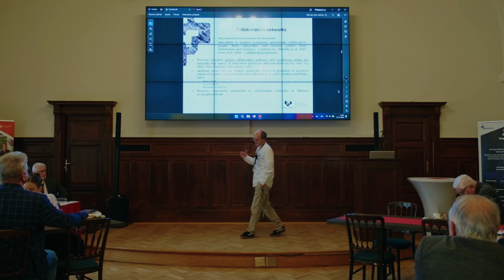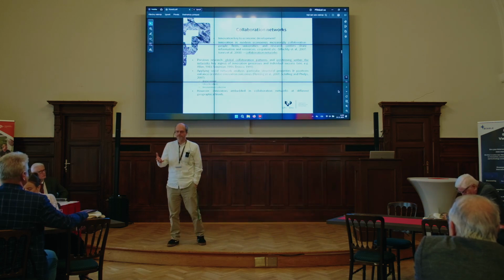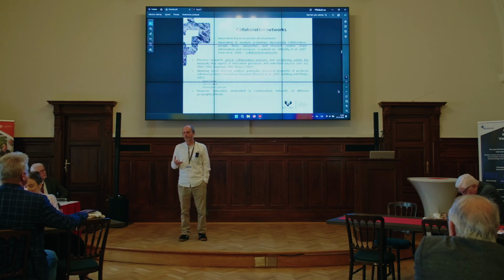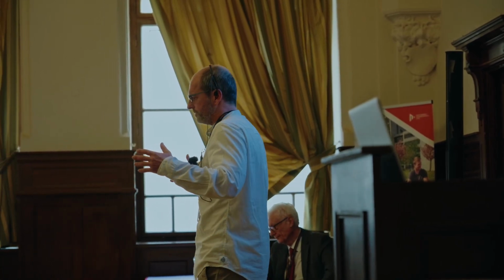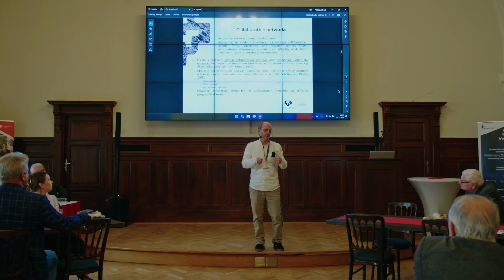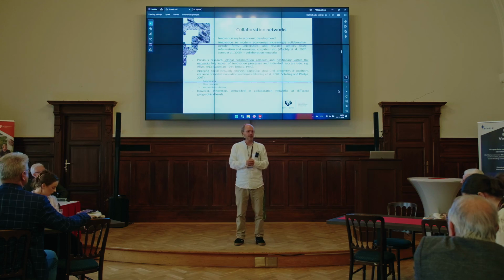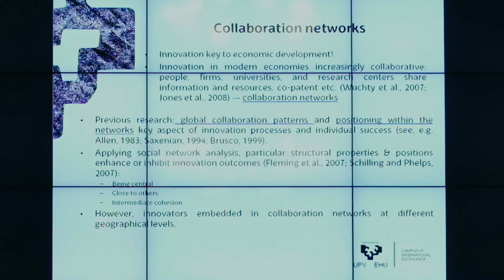And the motivation of the paper is very simple. Okay, in economics, we know that growth is closely correlated to innovation, technology creation. Okay, so we know that over the last 60 years, innovation is increasingly a collaborative activity, meaning that, in our case, papers are written more and more between more than one author. So most of the papers in economics, but other fields too, are co-authored. The same, patents are increasingly presented by groups of teams.